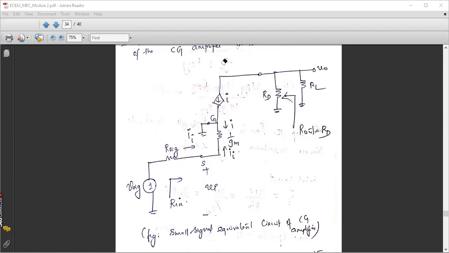Supply voltage VDD is 0; minus VSS also I have removed, VDD also I have removed, so that the drain resistance is now connected between ground and drain. And RL will also get connected between your drain and ground, because in the previous circuit it was between VDD and drain, but VDD now became short circuited and became 0. Therefore, the drain resistance will get connected between the ground and the drain terminal. I hope the circuit is clear for you. Any doubts regarding the small signal equivalent?